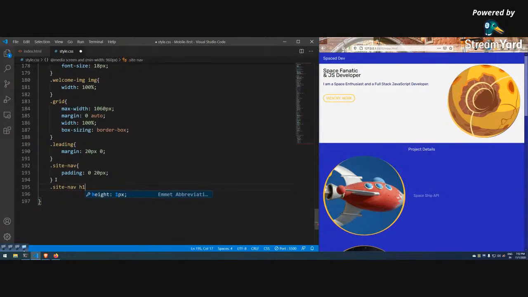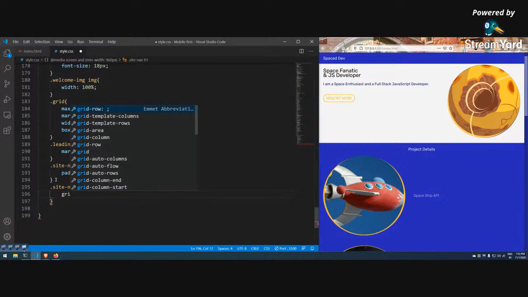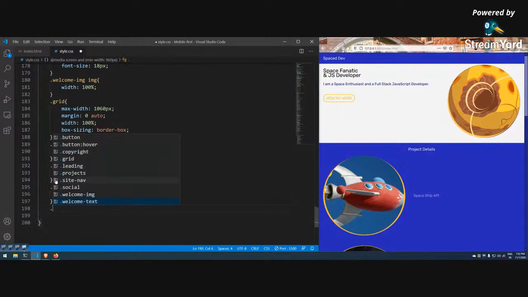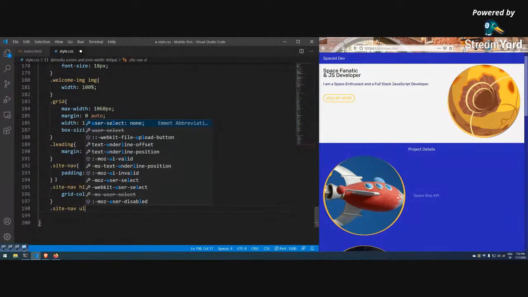Dot site nav h1 is grid column 1 by 3. Dot site nav unordered list